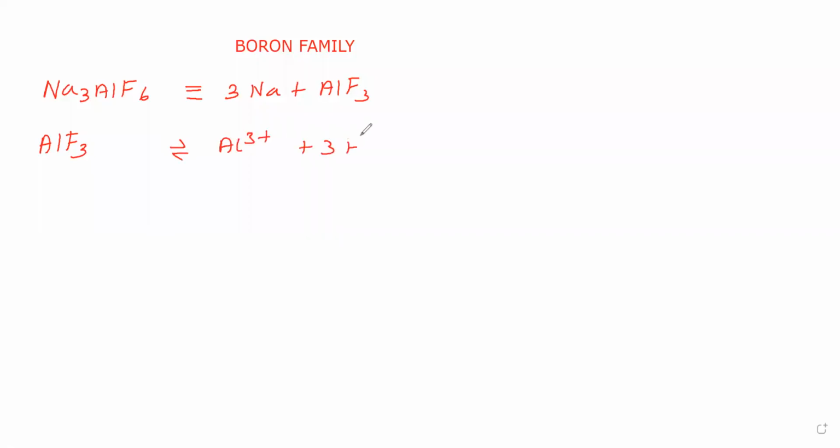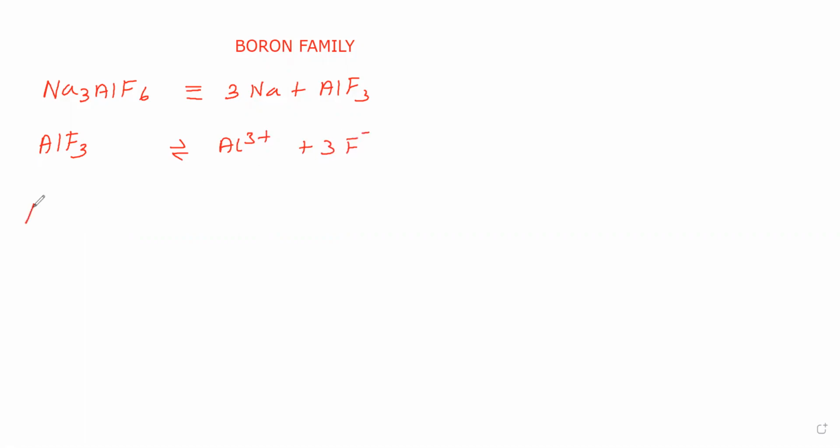Now we will see what electrolytic processes take place. We are taking cryolite. Cryolite formula is Na3Al(F6). This cryolite is added into molten Al2O3 in order to raise the conductivity of Al2O3. It is nothing but two salts, one is NaF, another one is AlF3. This AlF3 undergoes ionization to give aluminum ion and F minus ion.